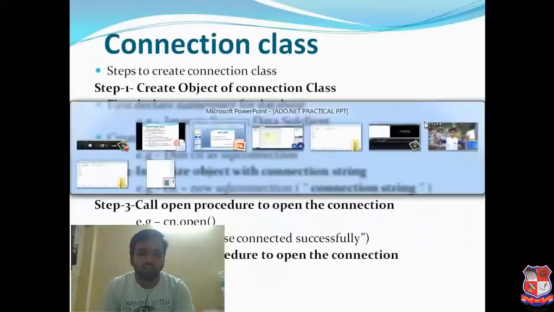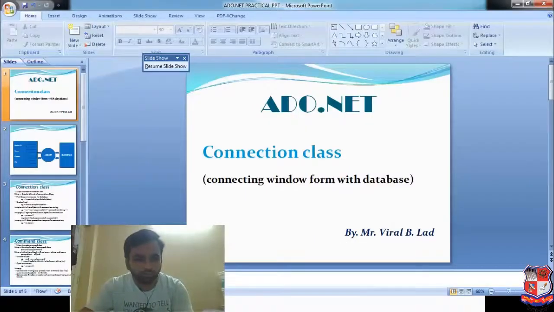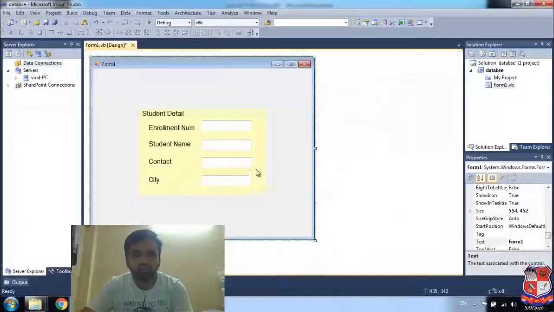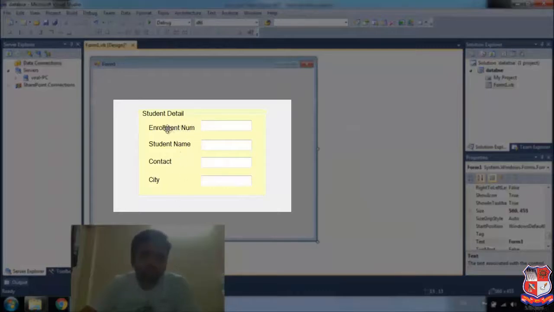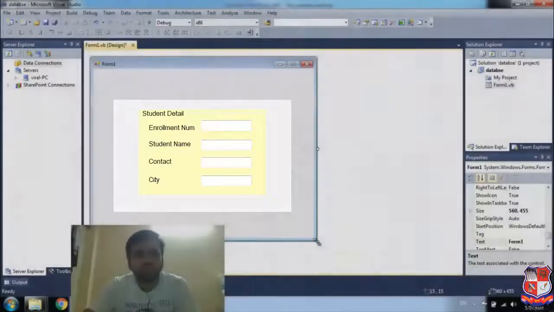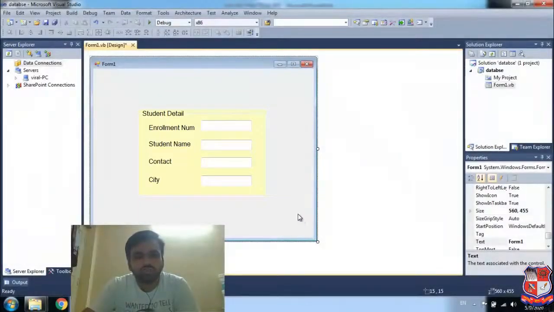Here we can start with our example. In this application I have designed one form with 4 student details: enrollment number, student name, contact and city. What we have to do is create a connection between the Windows form and the database.